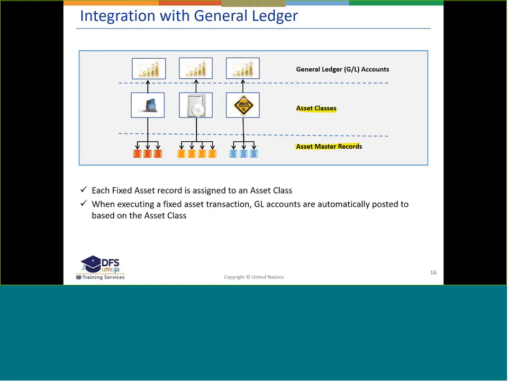This asset class may be vehicles or light vehicles, a specialized vehicle, maybe a building, maybe infrastructure, or machinery. This asset class will tell the system which GL it has to post to. And then there is not only one GL. Remember one thing